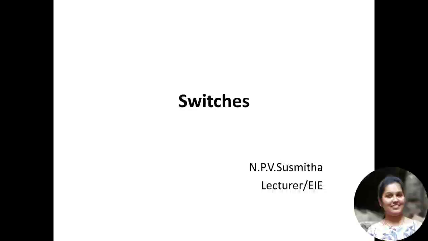4 different types of switches, the basic version of switches, that is single pole single throw switch, single pole double throw switch, double pole single throw switch, and double pole double throw switch, which have been discussed in the previous videos. So we also discussed how the switches are classified based upon the poles and throws, and a small circuit with respect to each switch was discussed in detail in the last video.